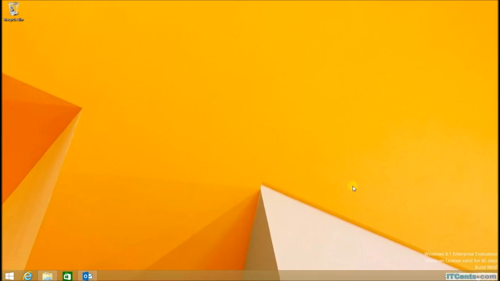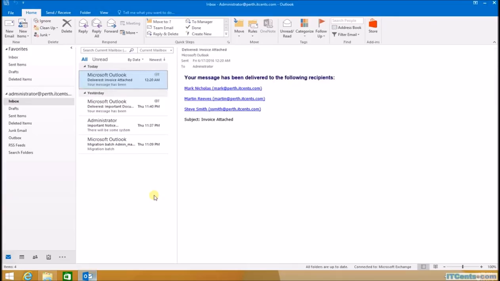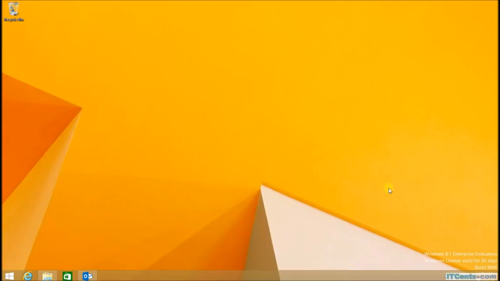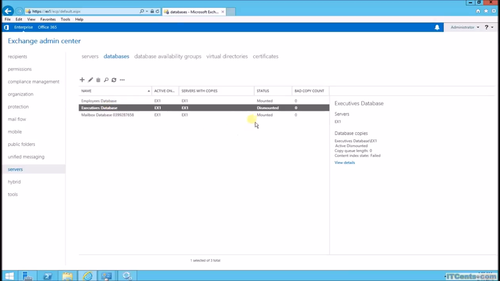I have Windows 8.1 and I have Outlook 2016 installed. Just to let you know, I have an Exchange server here, and as you can see, I have the employees database which is mounted and the executives database which is dismounted. Why is it dismounted? Because I simulated a problem. I made it corrupted somehow. I manipulated log files, and now if I try to mount this one,